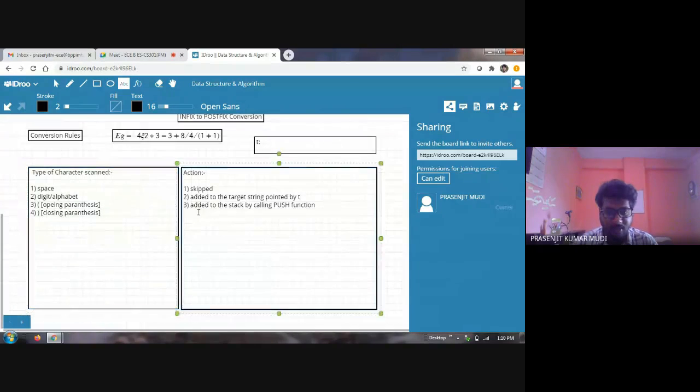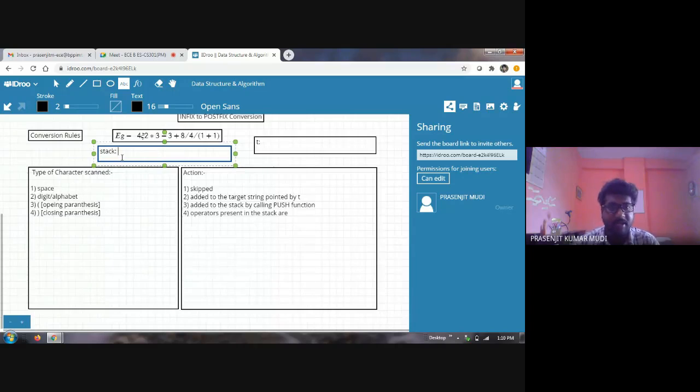So in that case, what will happen? So operators present in the stack. Okay. So this is a target string. Also, you have to write a